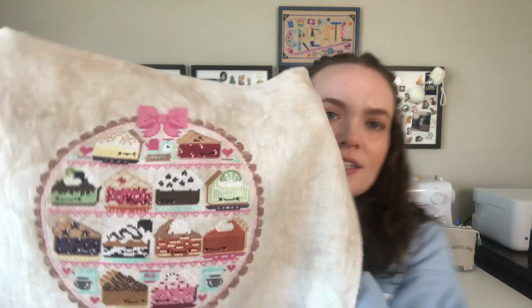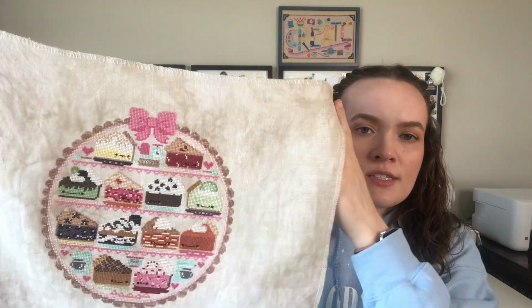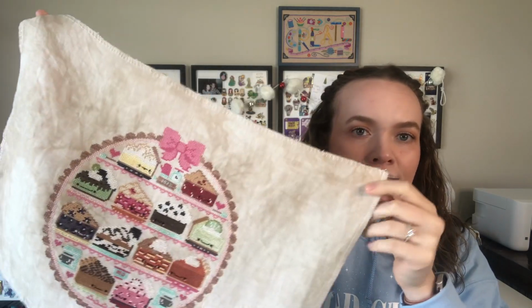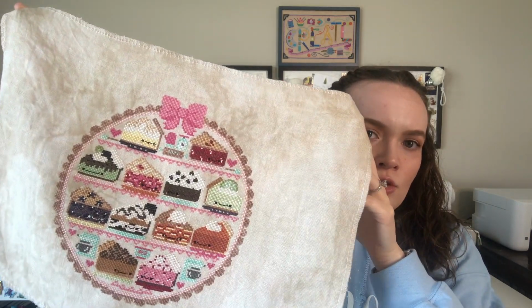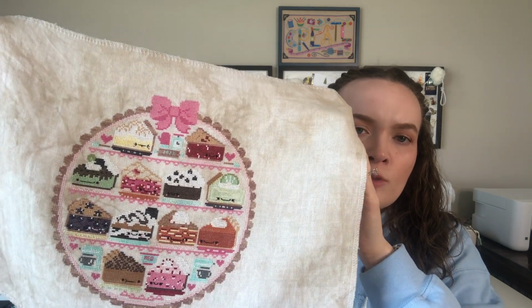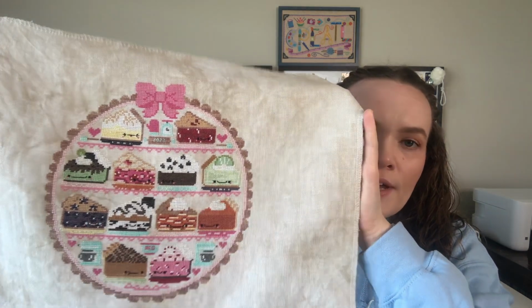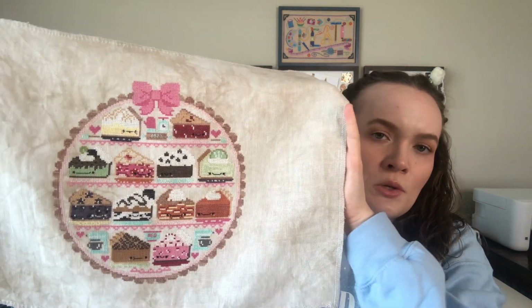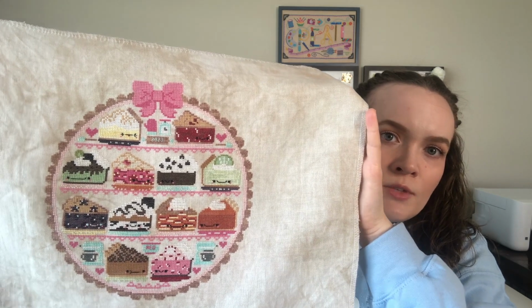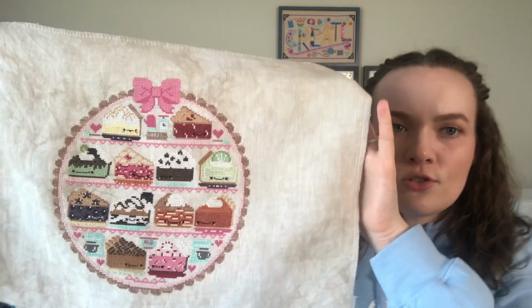Oh, I guess I should tell you some details about this. It's 28 count, Picture This Plus, and the color is called Sand. It is linen. And I stitched everything with the called for colors, which is mostly DMC, but then there's like 5 Weeks Dye Works colors. And I stitched it 2/2. The only change to the chart that I made, aside from me putting my initials and the year I stitched it,